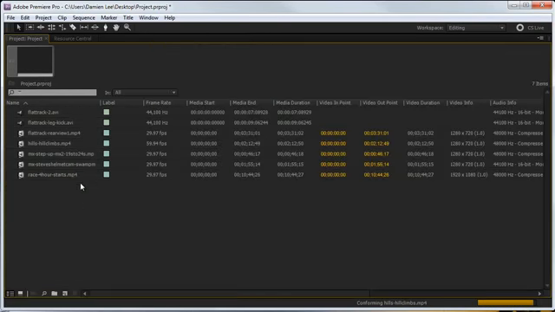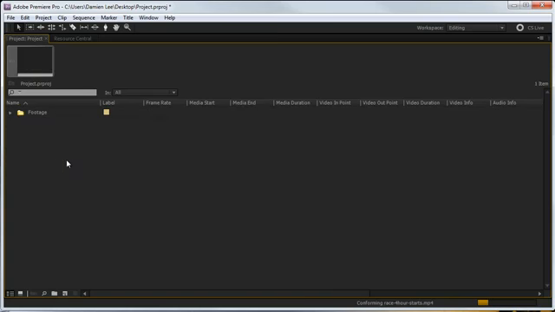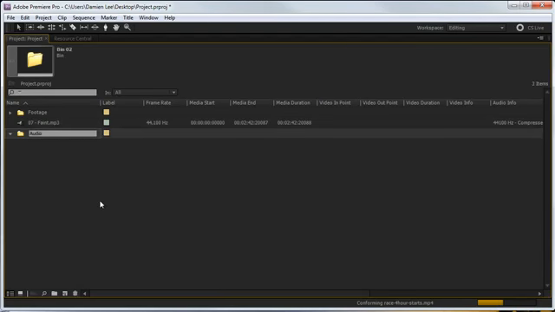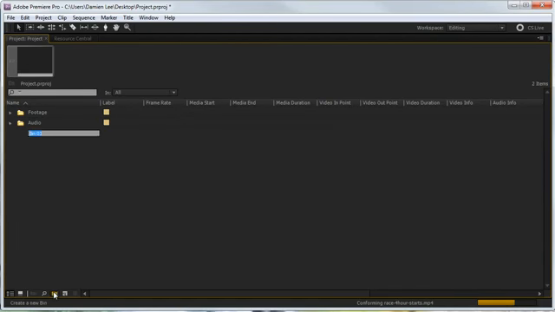So here's our bin full of footage. I like to have different folders. I always put different folders, like for footage. And then I also have this audio clip. It's just a Linkin Park song. I'm going to drag that in there. Now I'm going to make an audio folder. And I also like to make sequences folders,